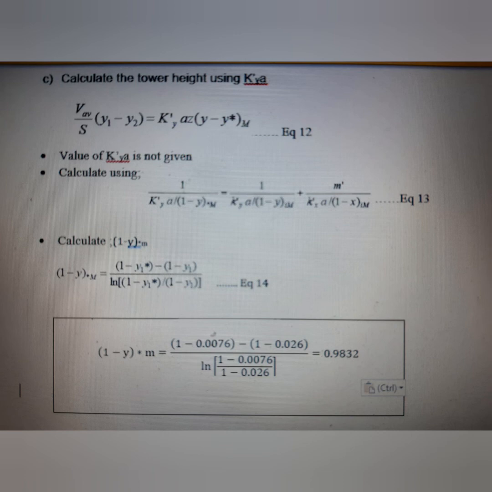But we cannot directly calculate it since we do not have enough information, which is the value of 1 minus y star m. To get the value of 1 minus y star m, we need to use equation 14. We substitute all the values that we have calculated before, and the final answer for 1 minus y star m is equal to